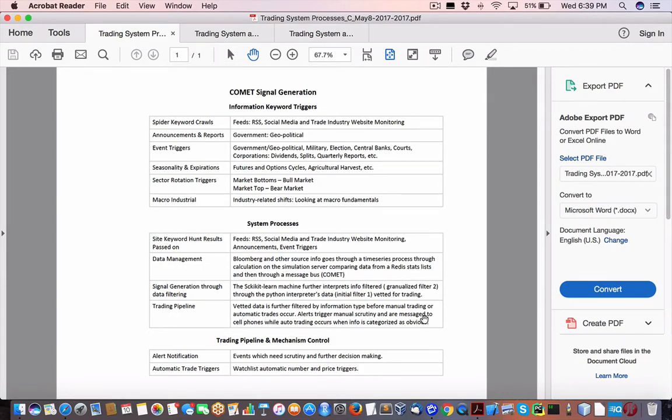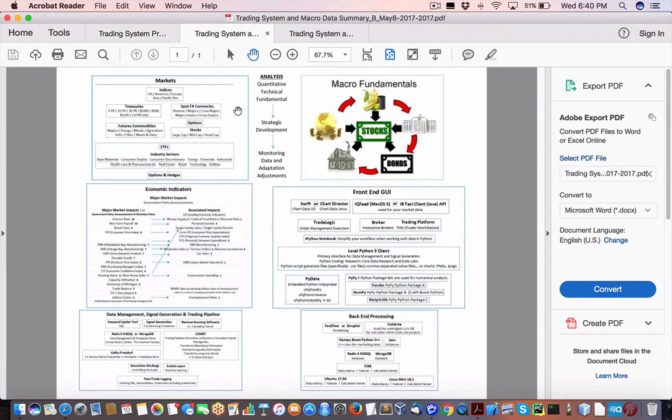The pipeline, again, not sure. Alerts trigger. Oh, I see. So he's using mobile, it looks like. Yeah, so he's taking the same approach as I am if you have an iPhone or something, to have a mobile device. Alert notification, as well as automatic trade triggers. Of course, that's where the execution comes in. And then we have the last